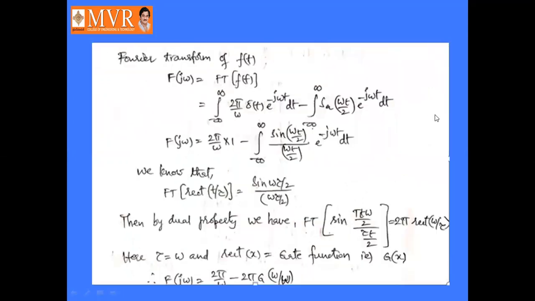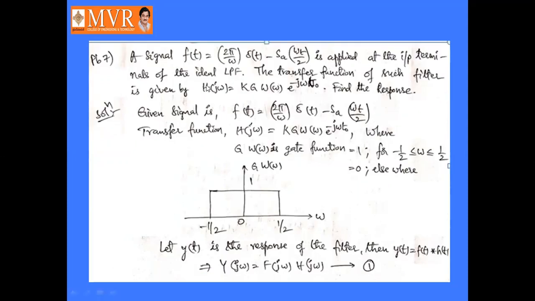The transfer function of such a filter is given by H of j omega equal to K into g_w of omega into e power minus j omega t naught. So find its response. Transfer function is given, input signal is given. We have to find out the response Y of j omega. So the given signal is f of t equal to 2 pi by omega into delta of t minus Sa of omega t by 2, and the transfer function is H of j omega equal to K into g_w of omega and e power minus j omega t naught,